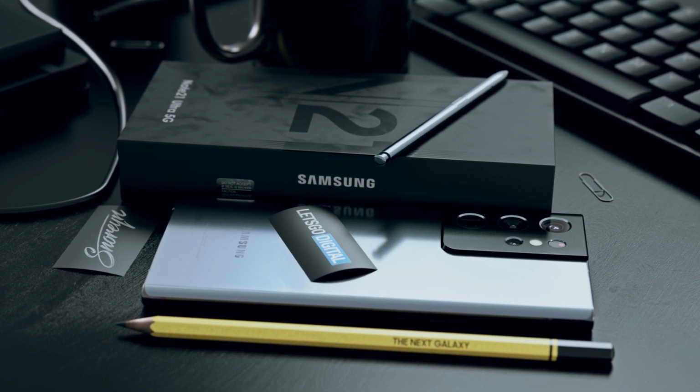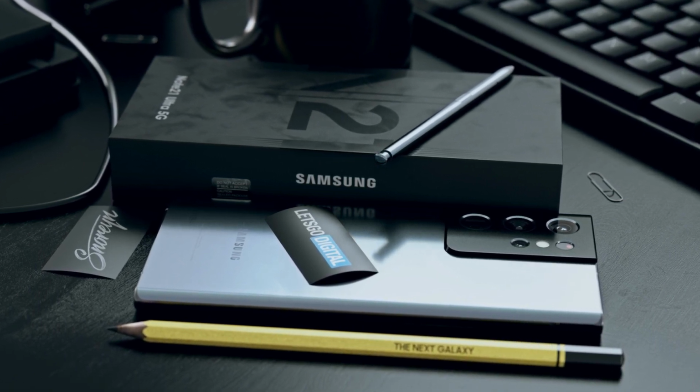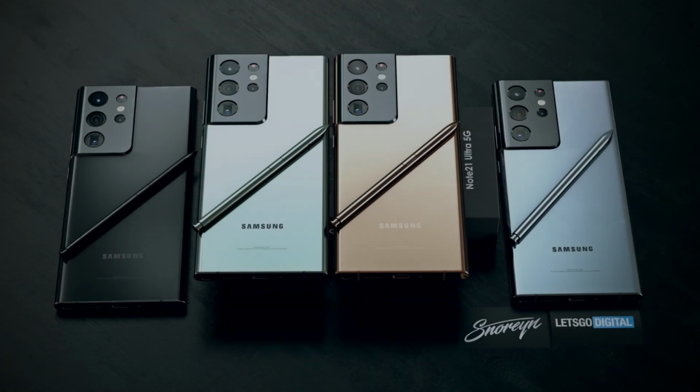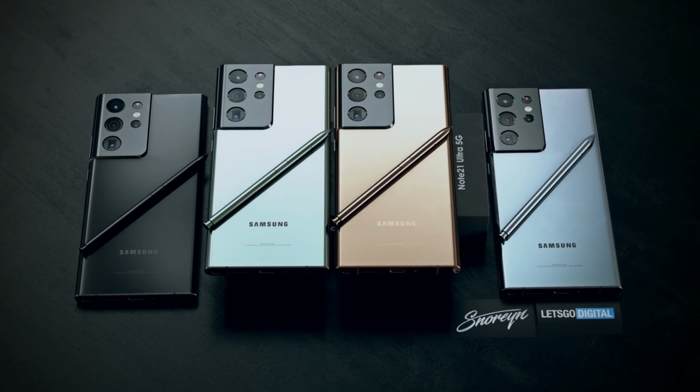Regardless, mobile photography aficionados have much to look forward to this summer, as the Galaxy Note 21 Ultra is truly shaping up to be a retoucher's dream. So, fingers crossed,